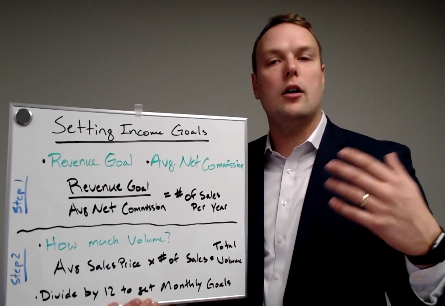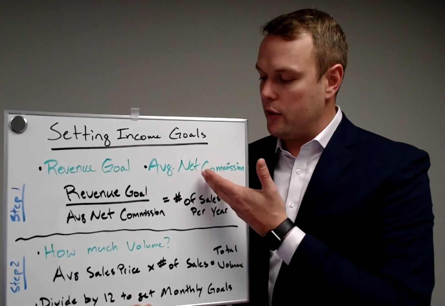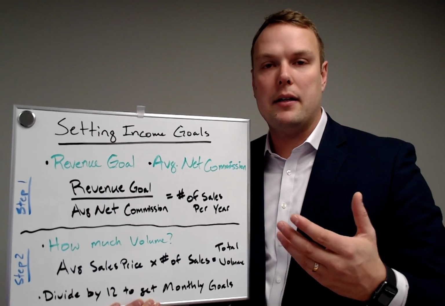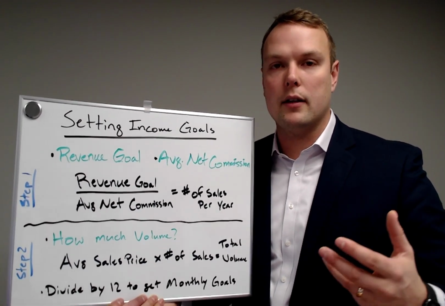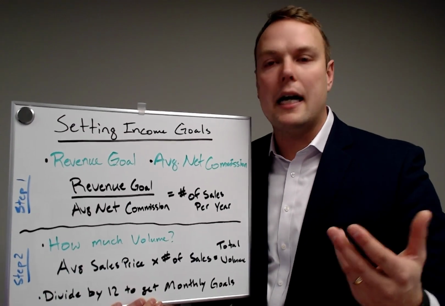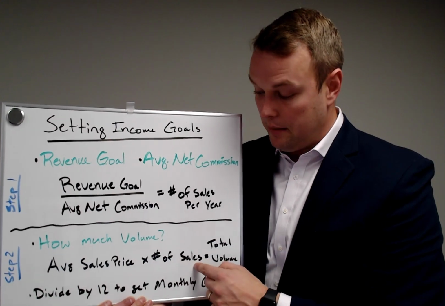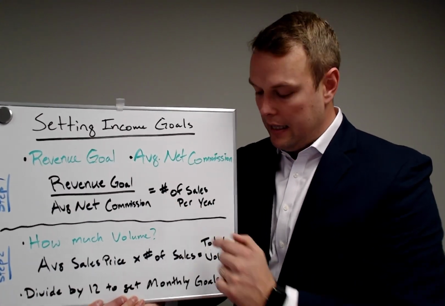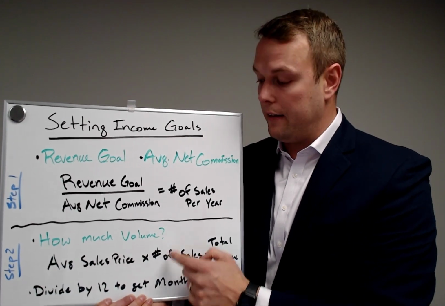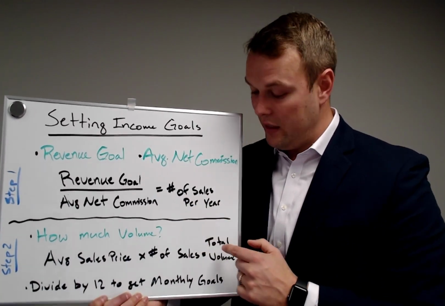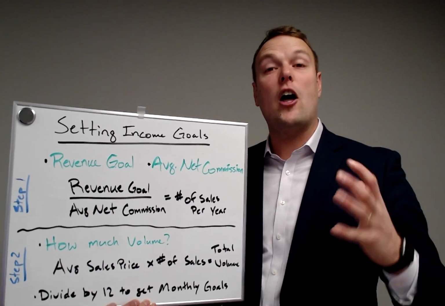Let's say it's $200,000. You sell a property for $200,000. That's what gets you typically to that $5,000. That might be because your broker splits, or if you're at 2.5% commissions, it'd be roughly about the whole thing. Let's just say it's $200,000. That means my average sales price is $200,000. I multiply that by number of sales, which we determined up here, and I get how much volume I need. $200,000 multiplied by the 40 that we have in this scenario, we need to sell $8 million worth of real estate. This is now helping me refine it a bit.